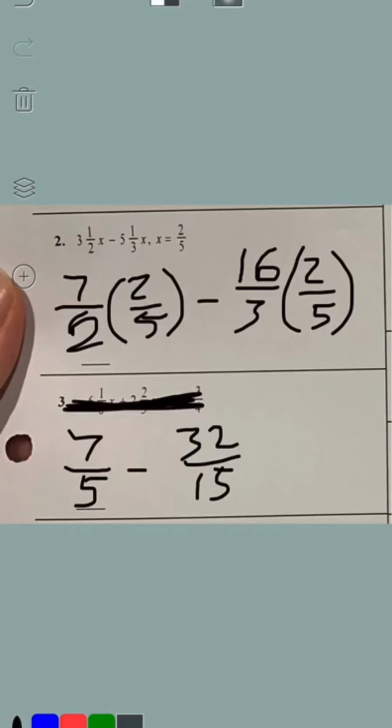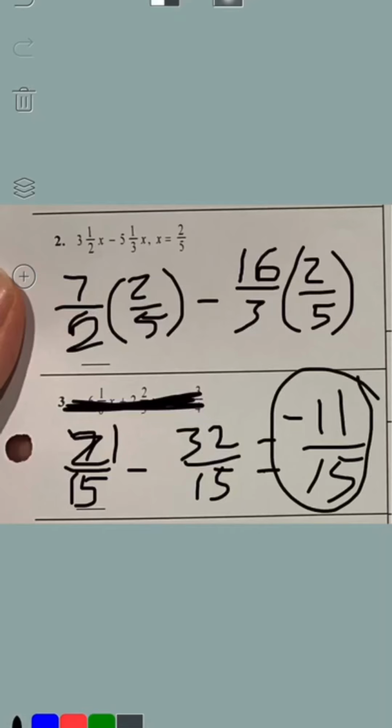And then you have to find a common denominator, which can be 15. So 7/5 would turn into 21/15. And then you do that subtraction. So 21 minus 32 is negative 11/15. And that would be your answer